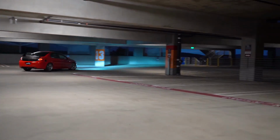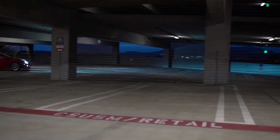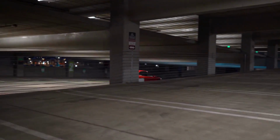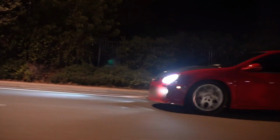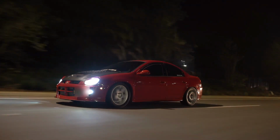The first generation Dodge Neon didn't come out until 1994, and when it did come out, the world really didn't know what to think. On one hand, it did what it set out to do. It was a compact car for the masses that was pretty affordable at an MSRP of only $9.5K or $19.8K in today's money. But on the other hand, it was not what the world was expecting, like Drake